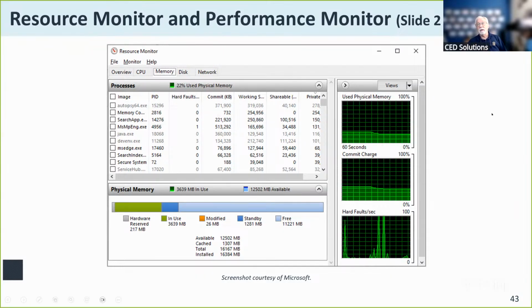So, if you go in here to the resource or even the performance monitor and you see these things just spiked off the chart, well, track it down to a particular resource or a tool, a background service or a process or a program, and then you'll see what's taking up all of the system resources.